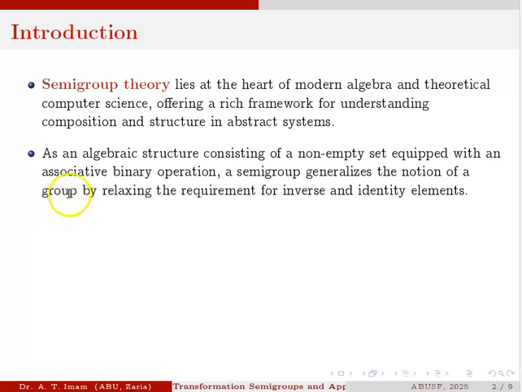We all know that a group is a set together with an associative binary operation that has an identity element in which every element has an inverse. But for a semigroup, you only need the requirement of the binary operation being associative. So it does not require that the semigroup must have an inverse or must have an identity element. So the requirement of inverse and the identity element are not necessary in defining a semigroup,